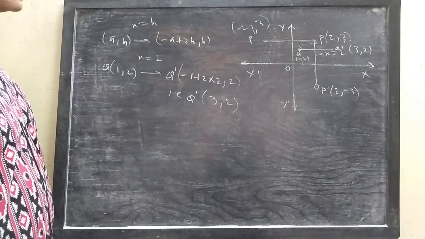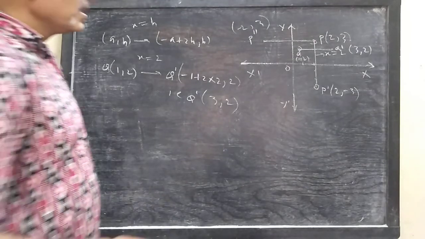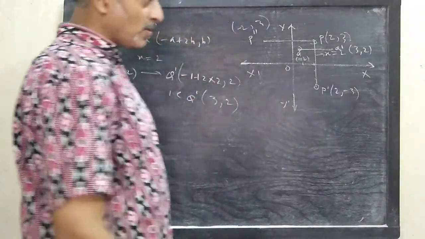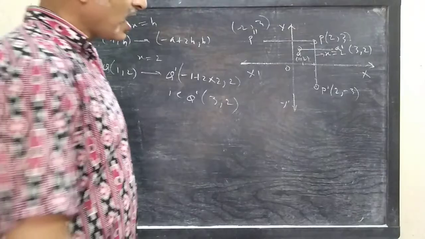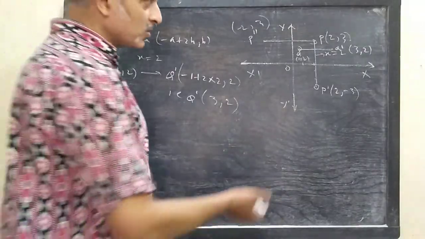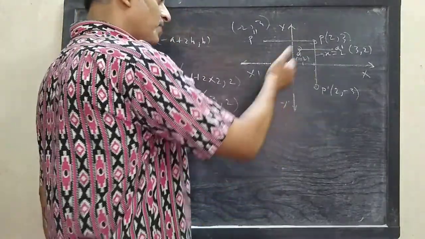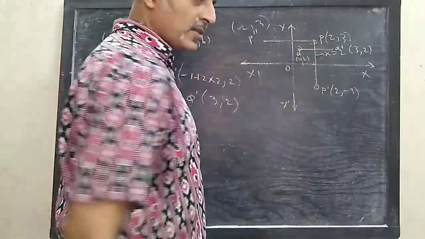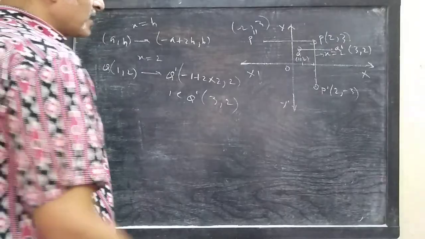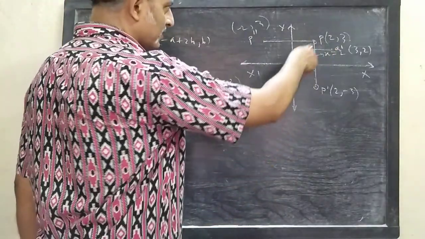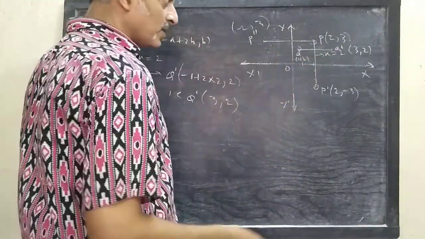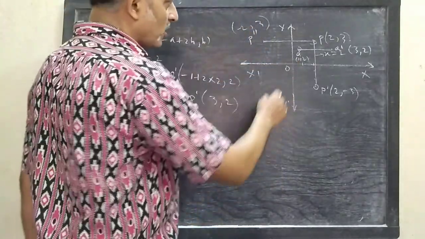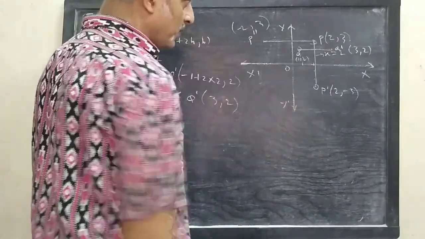Next, recall again the problem. Initially, you are given this image P dash 2 comma minus 3. How do you get this image? After a reflection in x-axis. So if you reflect back, then you get the original point P, and this point is 2 comma 3. Then you are asked to reflect this point in y-axis. You get the point minus 2 comma 3. Next, they ask the image of the point Q 1 comma 2 after reflection in PP dash.